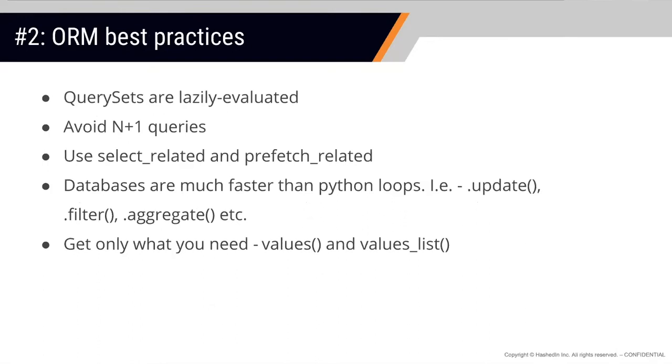Query sets are lazily evaluated. We just discussed this in brief. Another thing is avoid n+1 queries. In most of the scenarios, people take it very lightly. They don't realize whether they're making n+1 queries or not. So it's very important that whenever you're writing a for loop or you're playing around with the ORM over a for loop, make sure you're not making n+1 queries. And I can assure you, 70-80% of the time, people do mess up with n+1 queries, right? Not knowingly, maybe unknowingly, but they end up in this scenario where they have the n+1 queries problem.